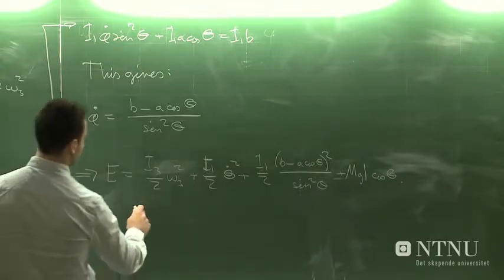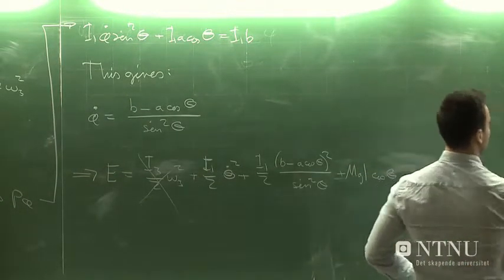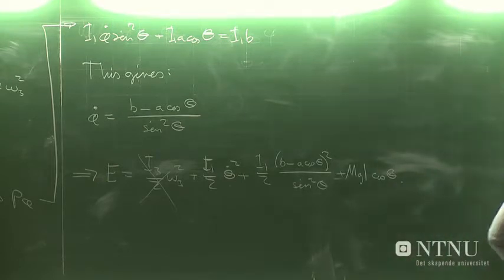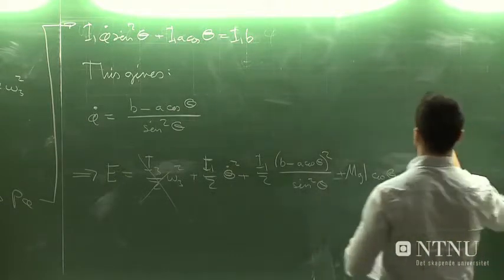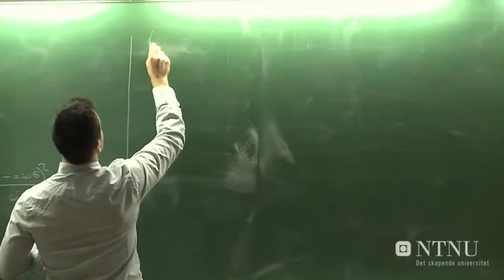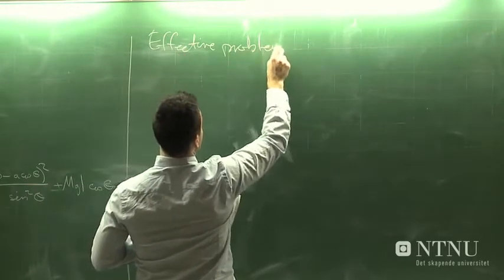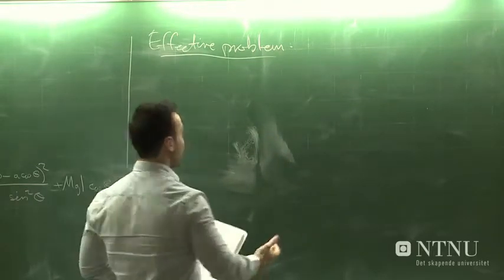So we can just skip this, redefining our potential minimum level. So the effective problem we are left with